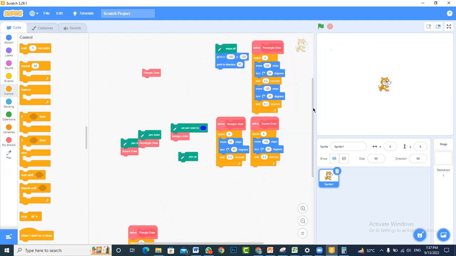Okay. So I was telling you, let's try to make a flower. This flower is going to be like 6 triangles drawn together. So let's try to make 6 triangles first. So right now you can see that if I try to draw a rectangle,